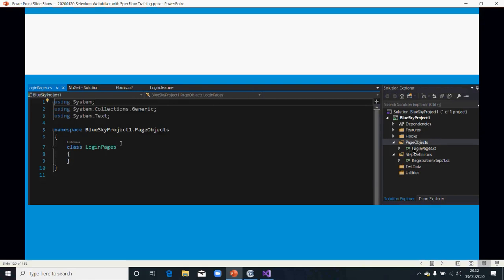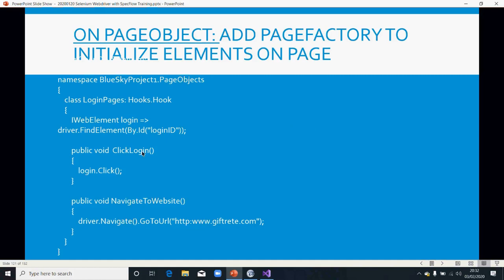And we have our login page object inside our folder, as you can see at the right hand side of the screen. You would expect to expand your page objects. What I'm going to do right now is create a page object for the login.